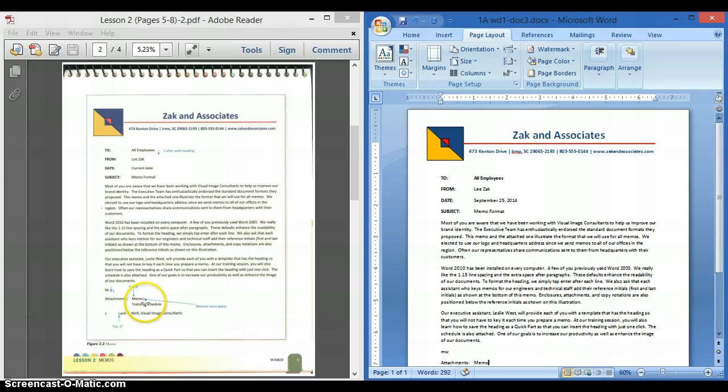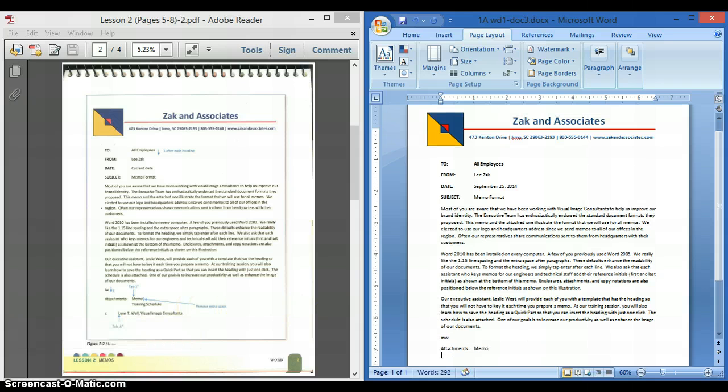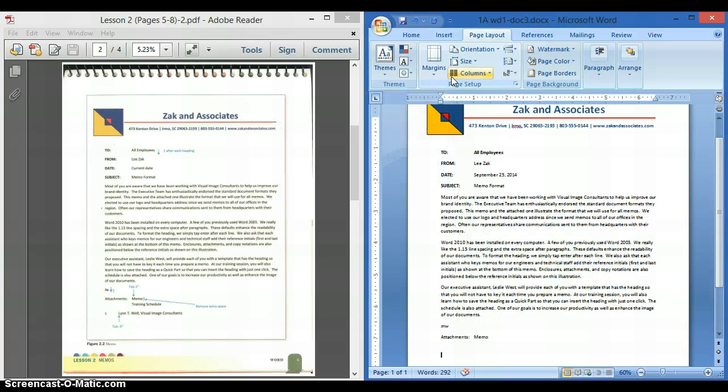So notice right here it says to remove the extra space, and we learned in our last lesson you do that by pressing shift and enter. If I didn't press shift enter, it'll give me that double space, which is what I do not want. So make sure you press shift enter to remove the space, and we're going to press tab to align with